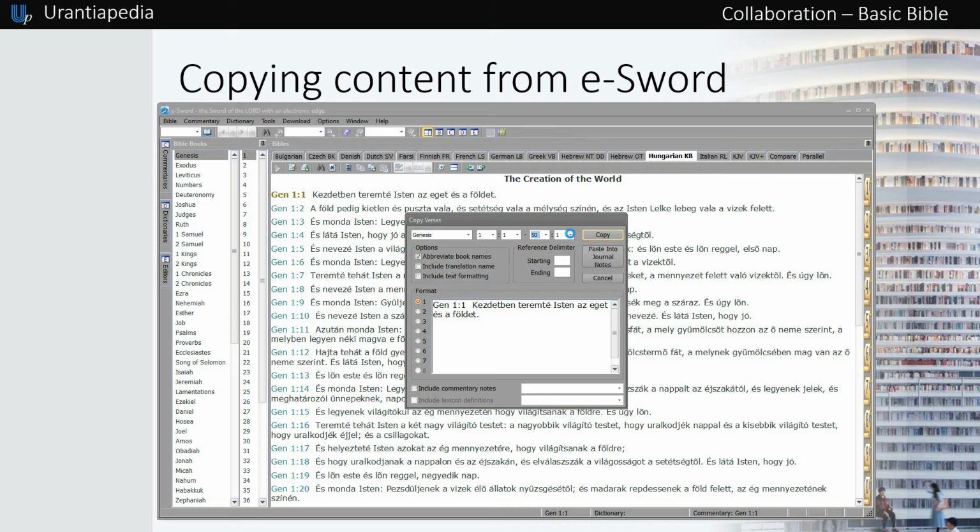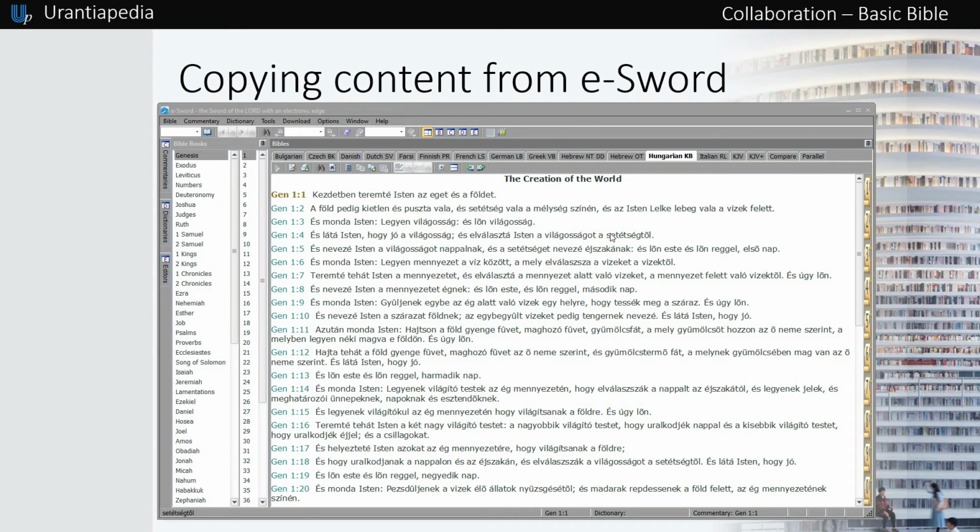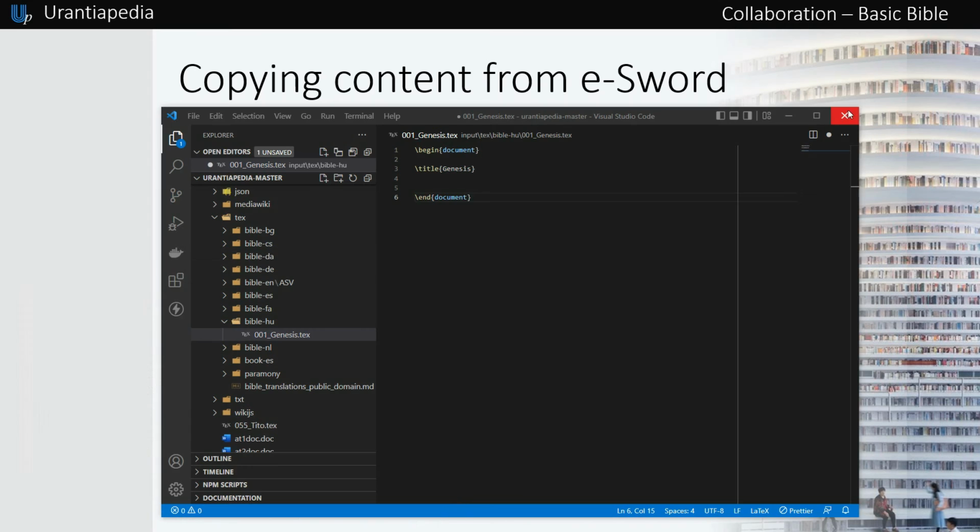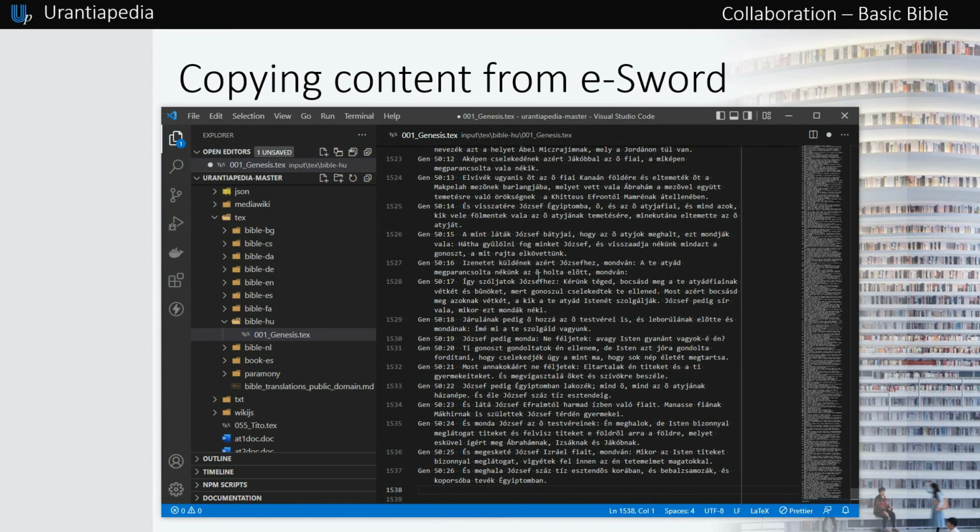As the output format, leave the first option selected, the default, that creates text like Gen 1:1 and then the text of the verse. Now click Copy and then go to Visual Studio Code and paste, below the title, all the content.